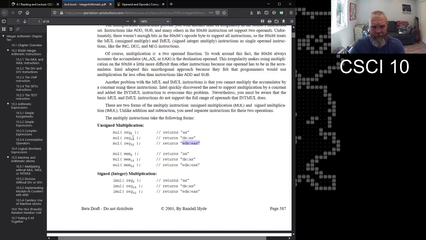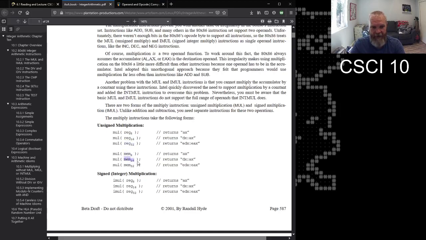There is another question, by the way, because when you're reading the book, you see Reg 8, Reg 16, Reg 32 here. In your book, that means an 8-bit register, a 16-bit register, a 32-bit register. Any general purpose register that fits the right size is what that documentation means. So when you see a mem8, that means an 8-bit variable.